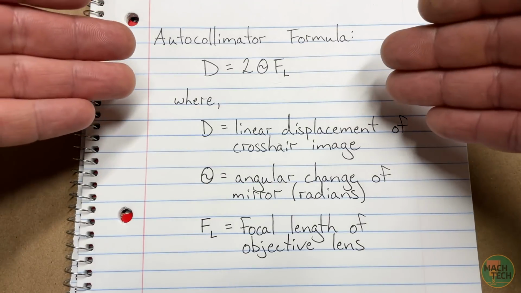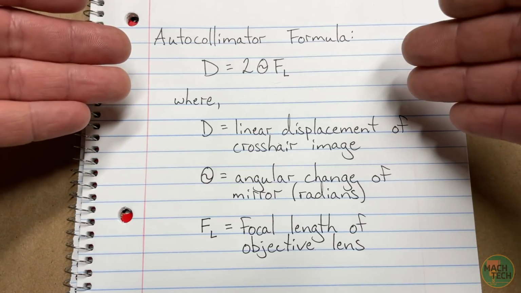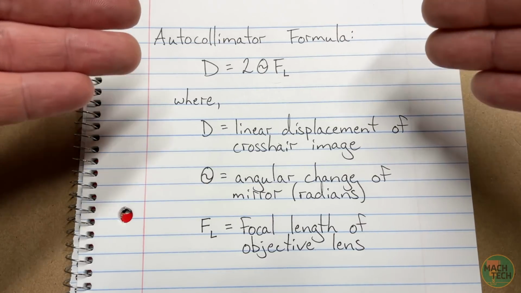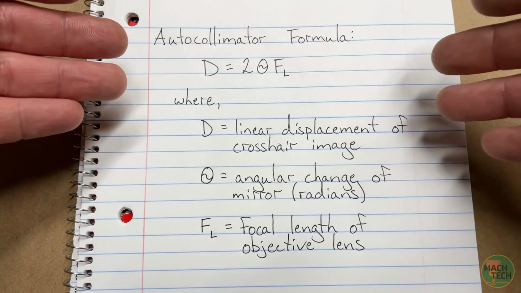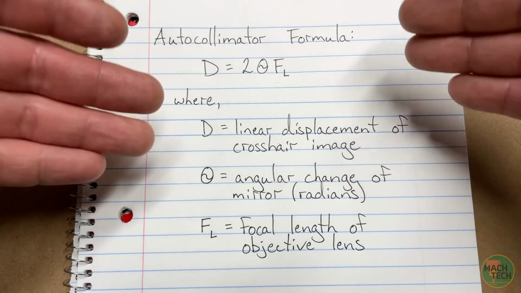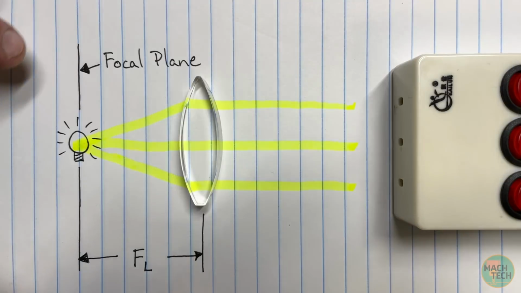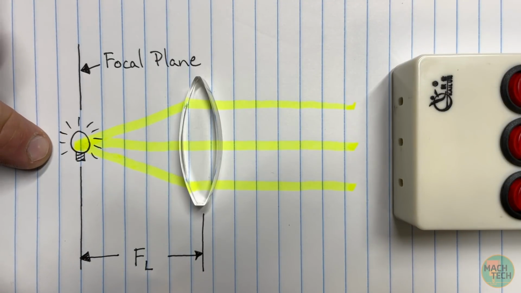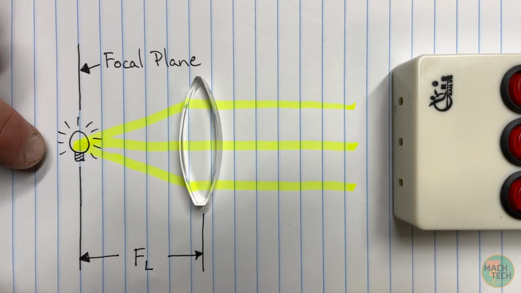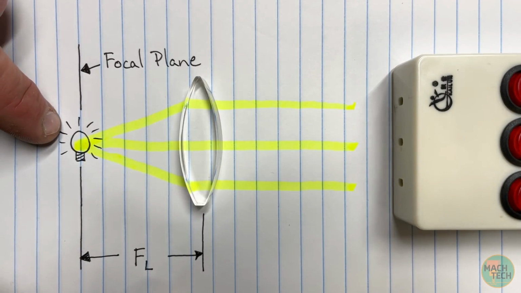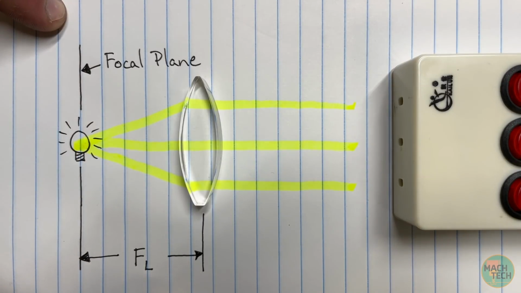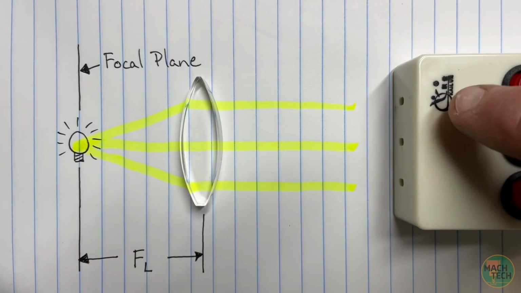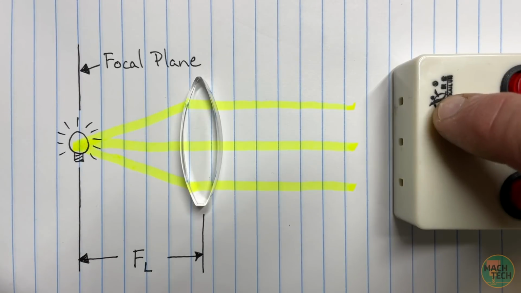Now the thing is, this formula is not super descriptive of what's really going on in the optical system. So let me take out that optics discovery kit that I used in the previous video to illustrate some of these points by recreating this setup. So let me describe what's going on. We've got a point light source represented by a light bulb, which is positioned at the focal point of this lens. So that's on the optical center of the lens, on the focal plane, which is distanced 1 focal length from the lens. Okay, I'm going to turn this light source back on, but what I want you to do